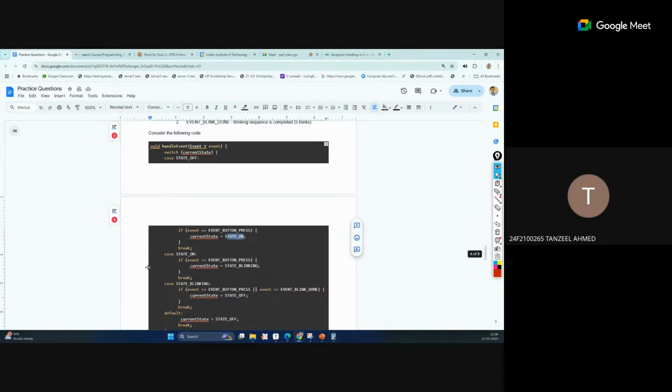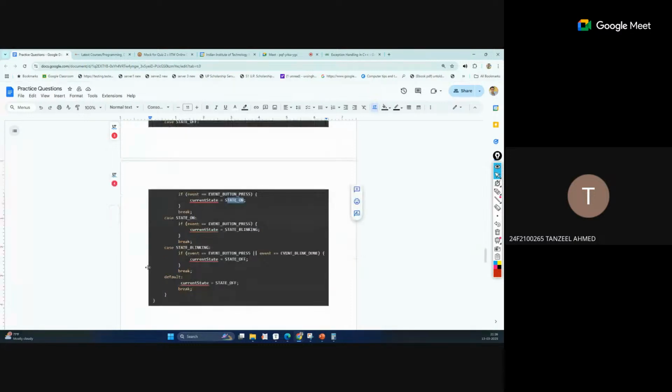Okay, but this assumes that we allowed the blinking to complete. If we pressed in the middle, then the outcome is different. If you press the button in between, while the state is blinking, the same thing happens, because we are checking what the current state is and what event is happening after that. The current state is blinking and in between we press the button, so this condition becomes true, and state off will be done.